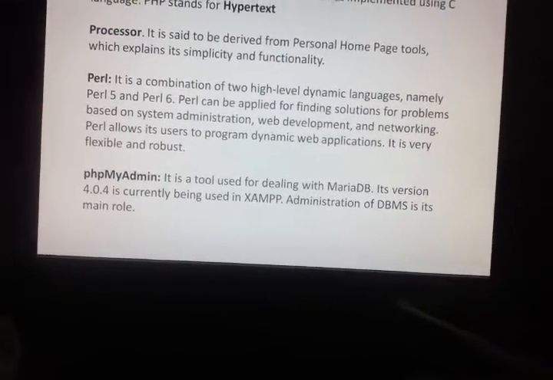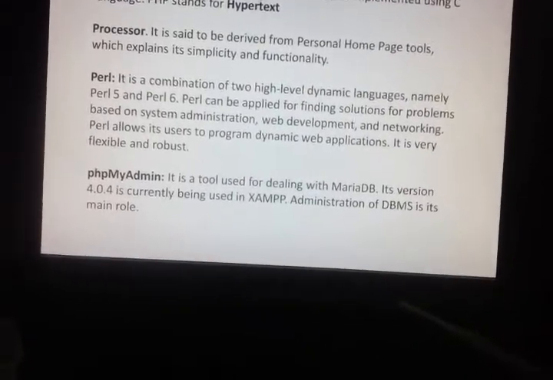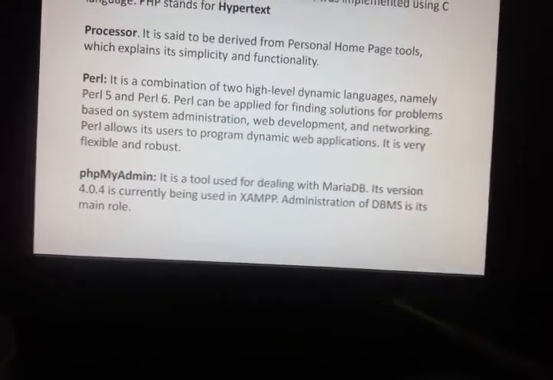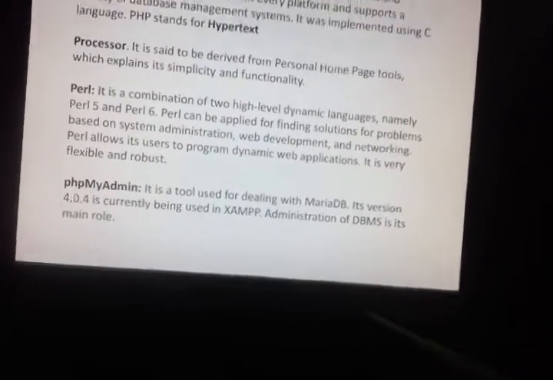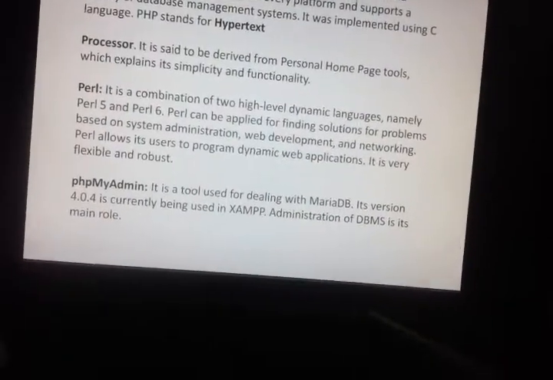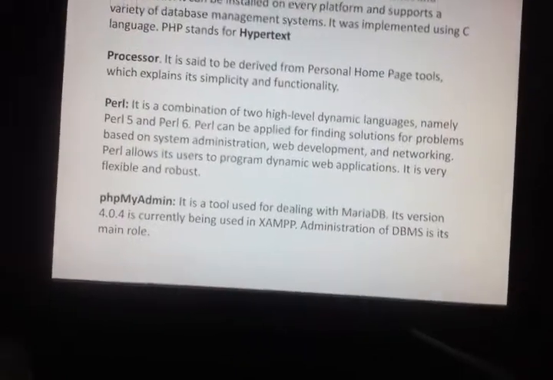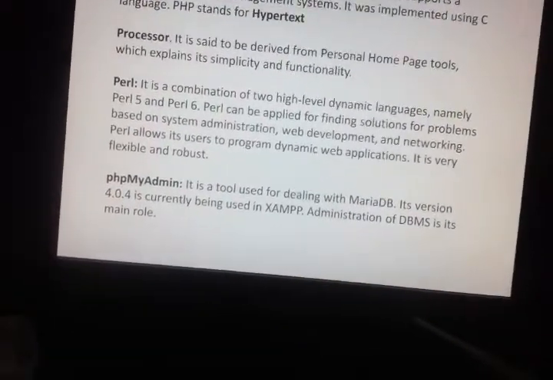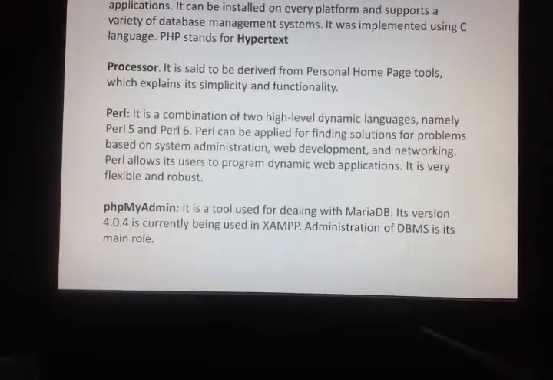So administration of database means creating database, creating tables, creating records. What are all the things you do in database? All the administration process we can do using this powerful tool of XAMPP called phpMyAdmin.